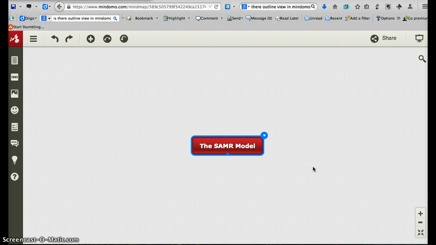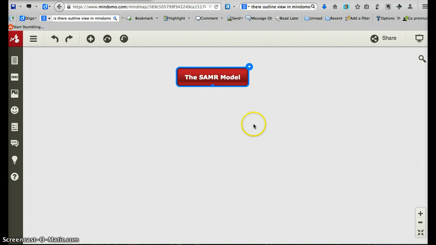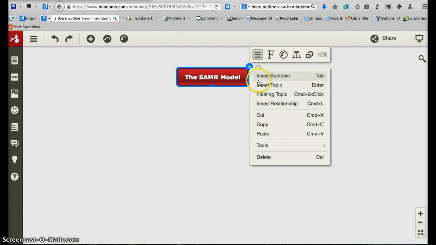Like every other digital tool, there's lots of ways I can show you how to edit here. Some of them are keyboard shortcuts, which is what I would be starting to use, but for the purpose of this tutorial, it will be much easier for you to see me using drop-down arrows, so that's what I'm going to do. So here's the SAMR model, and I'm going to add some topics that will be the levels in the SAMR model. So I'm going to insert a topic,